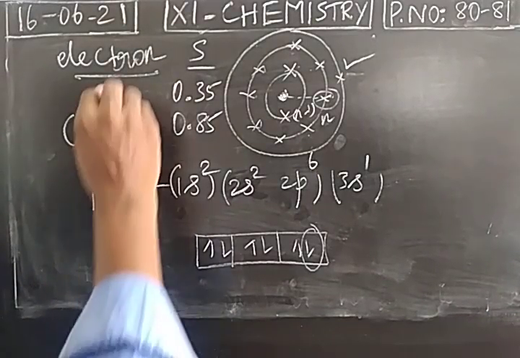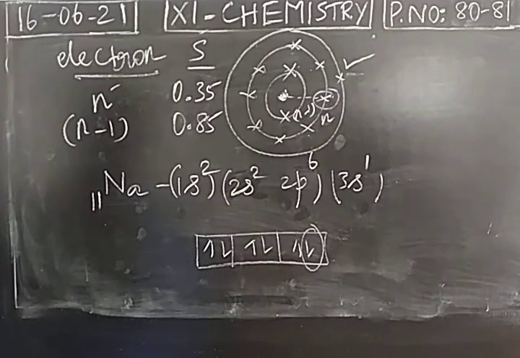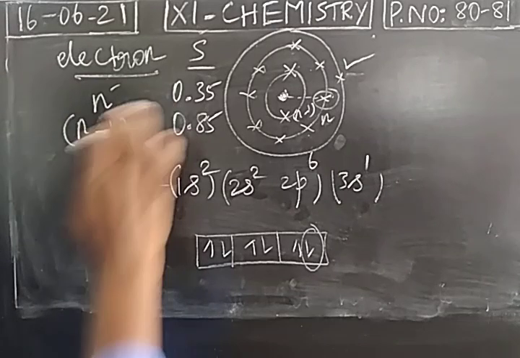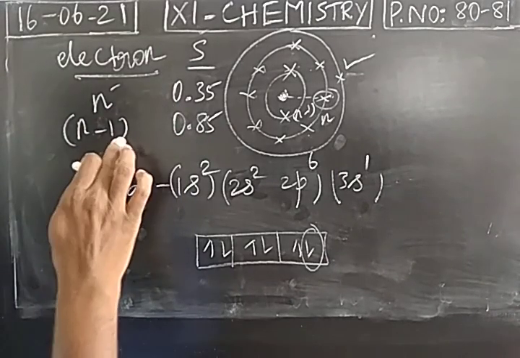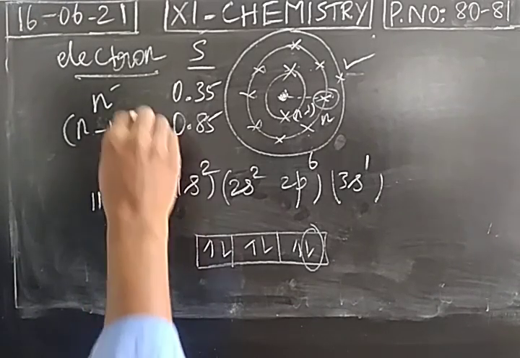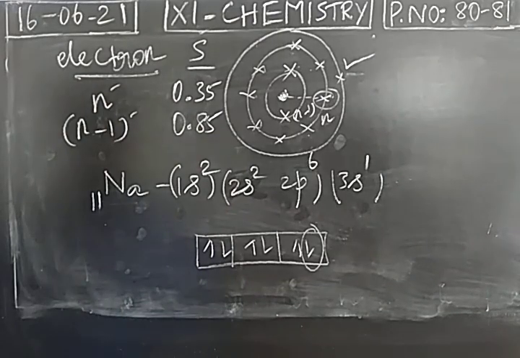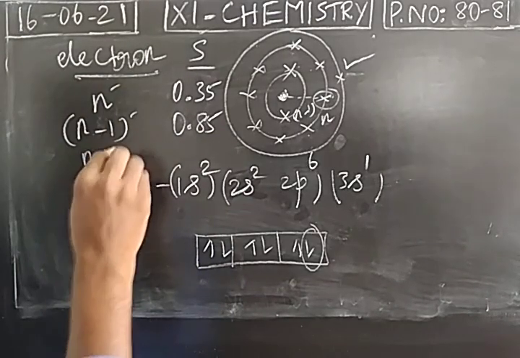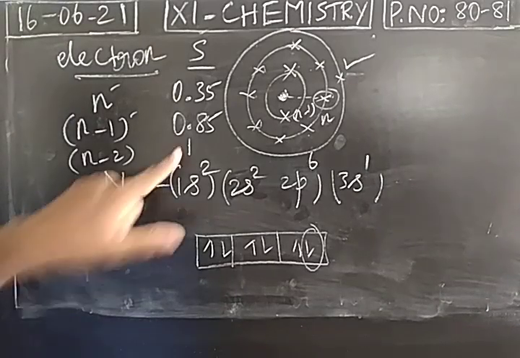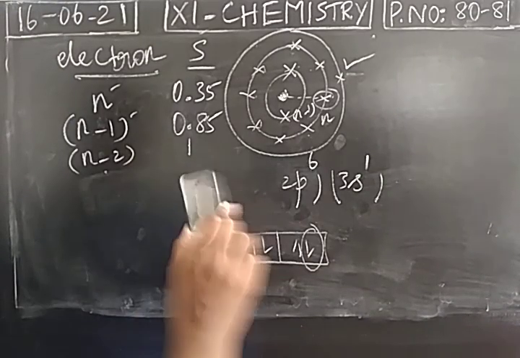Okay. You are selecting an electron. The shell is called the nth shell. The remaining electrons in the nth shell will contribute 0.35. The immediate next inner shell is called the n minus 1 shell. Electrons in the n minus 1 shell contribute 0.85. The next inner shells, it may be n minus 2, n minus 3, n minus 4, whatever it may be, all the inner shell electrons will contribute a screening constant value of 1. So you have to remember it.